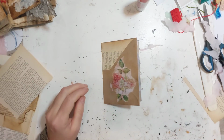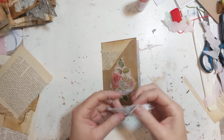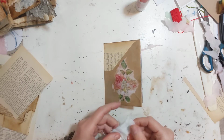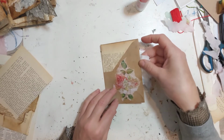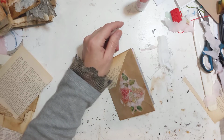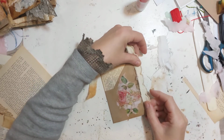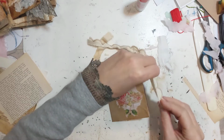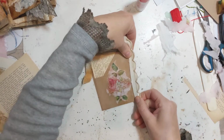And now let's see how we can embellish a little bit more. I think this time I want something on a side. But what exactly do I want on the side? Oh, this is nice, but it's double thick. Double thick. Okay,